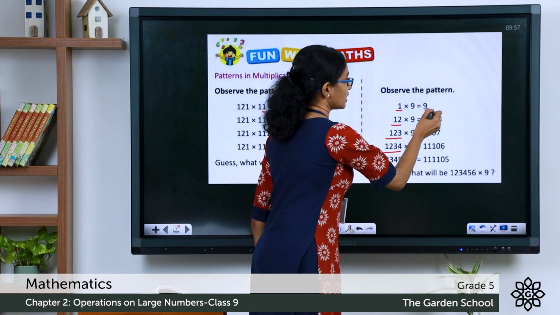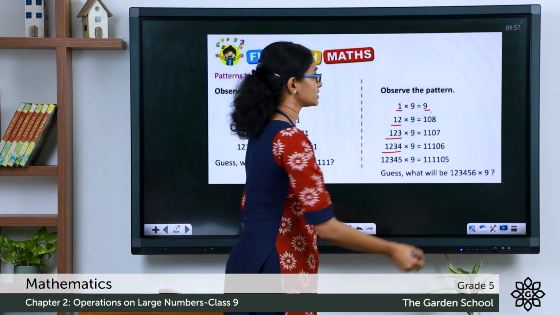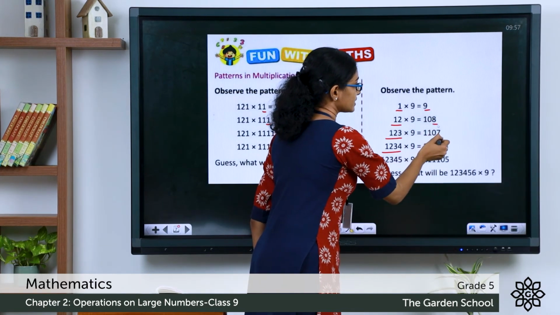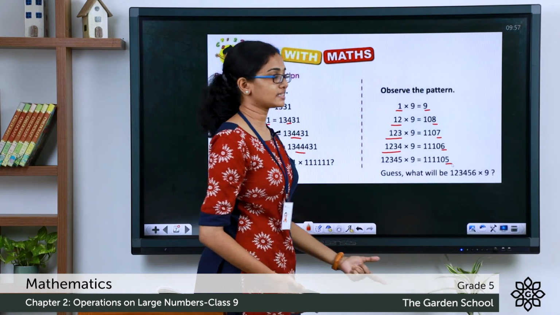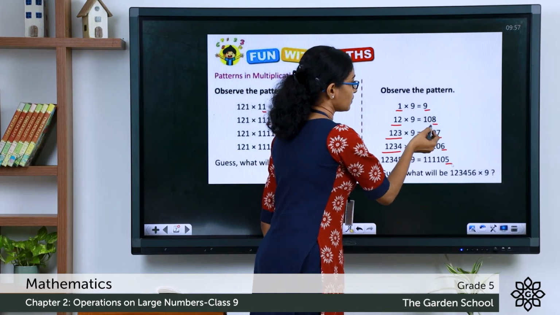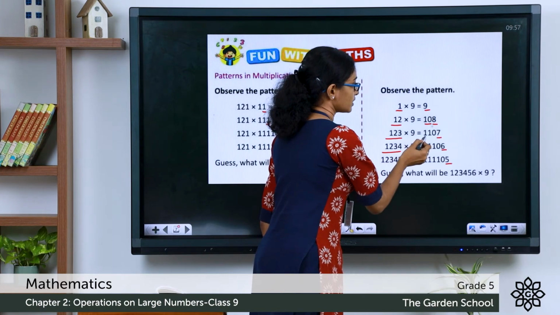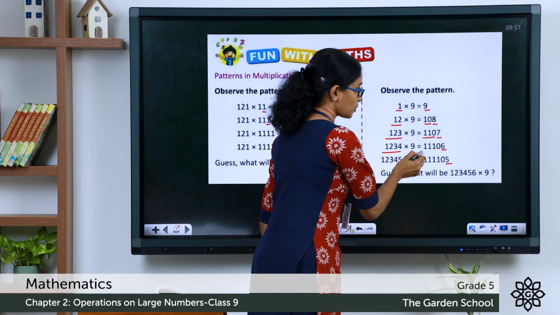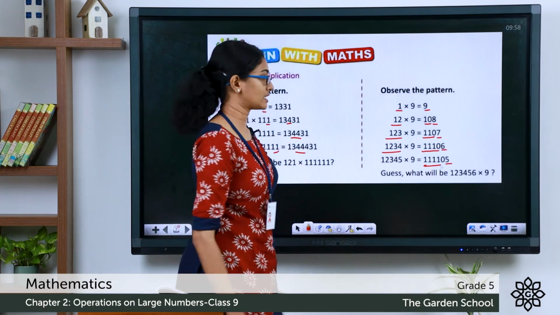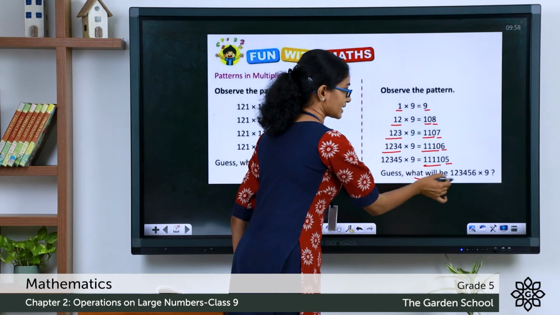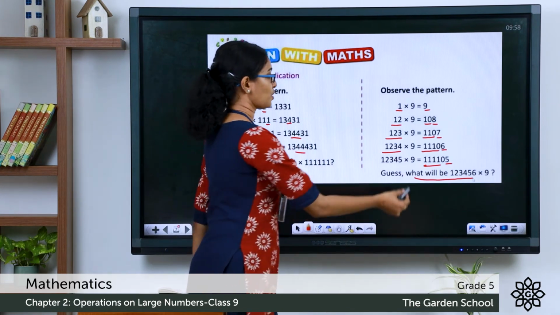Here, the last digit or the ones digit is 9, 8, 7, 6, 5. It is decreasing in a pattern. And to the left of it, you can see 1, 0, then 1, 1, 0, then 1, 1, 1, 0. Again, there also we have one pattern. From this, we can easily guess what will be the answer to